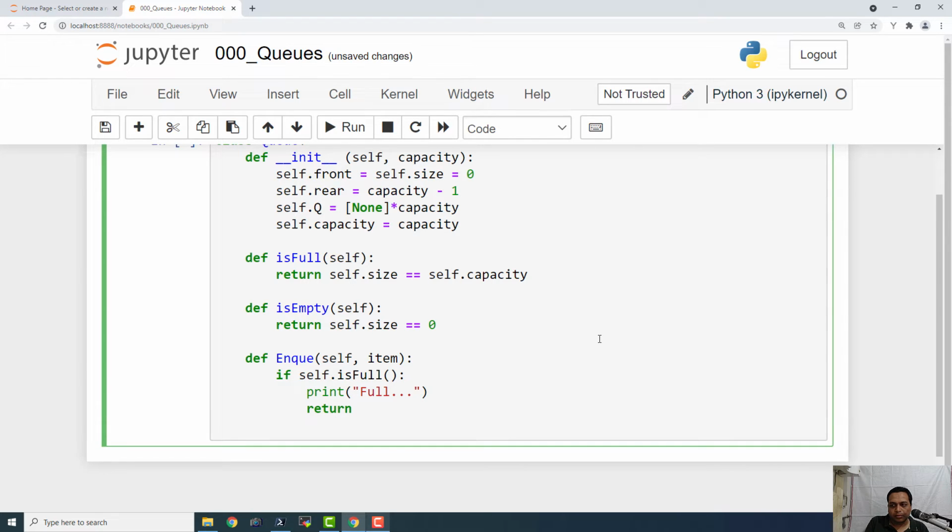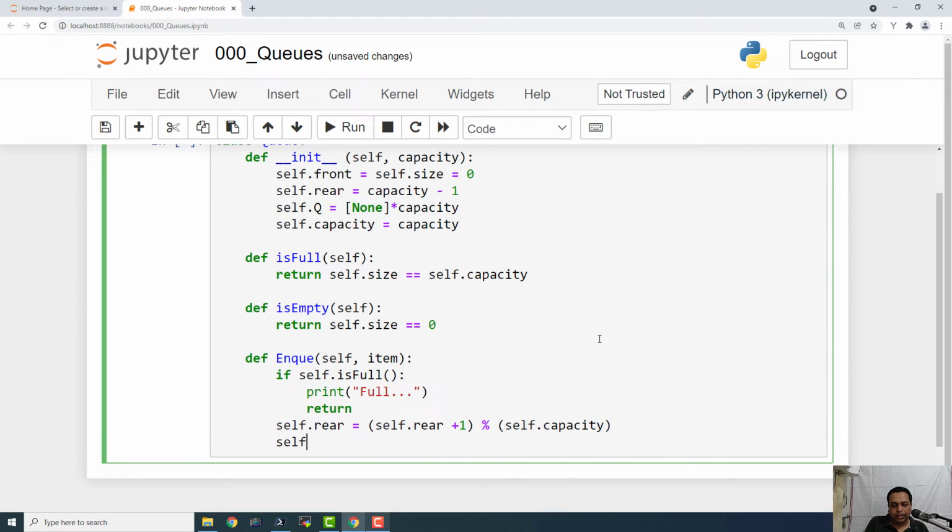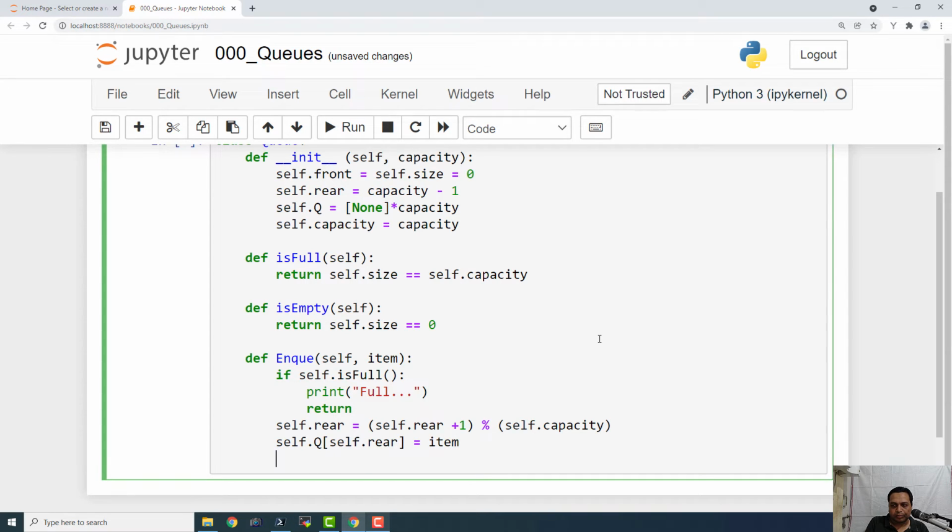Return. Self.rear equals self.rear plus 1, percent self.capacity. Self.queue[self.rear] equals item. Self.size equals self.size plus 1.